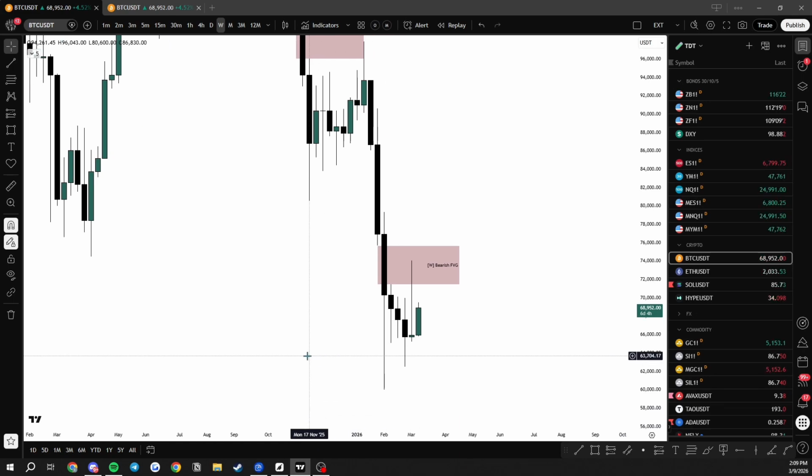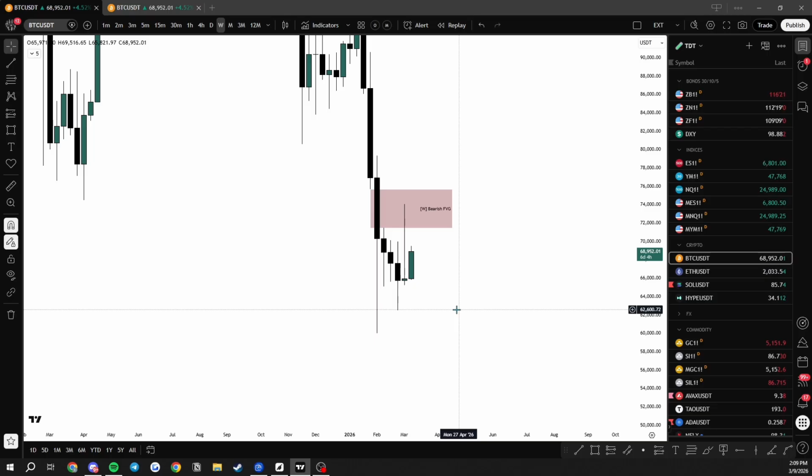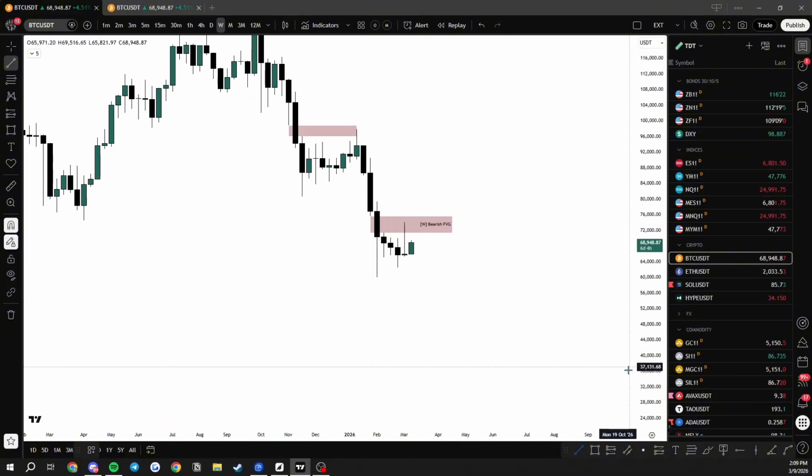So like we had been talking about, I'm just waiting. I don't want to do anything until I get this move back into here, into this fair value gap, because as we know, whenever we hit a bearish fair value gap, aka IRL, and we are trending downwards,